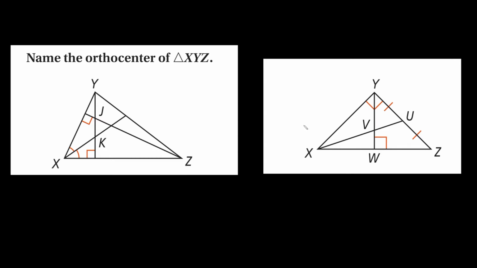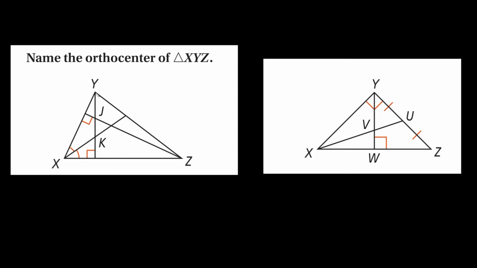Okay, so for these two examples, we just have to name the orthocenter of triangle XYZ. Now, in order to find the orthocenter of any triangle, you need to find at least two altitudes, all right? So here we need to find at least two altitudes, and it looks like it gives us at least two,